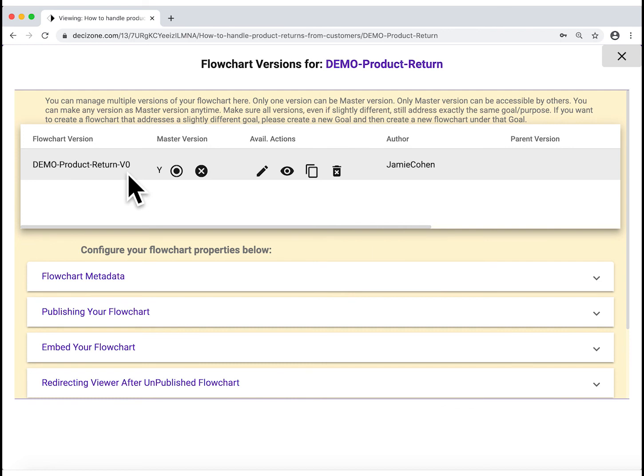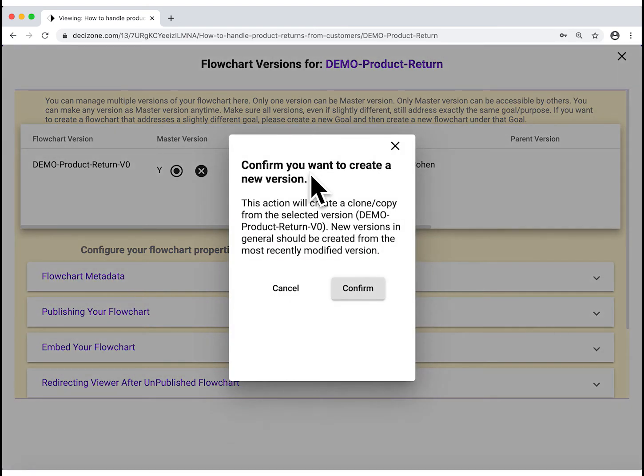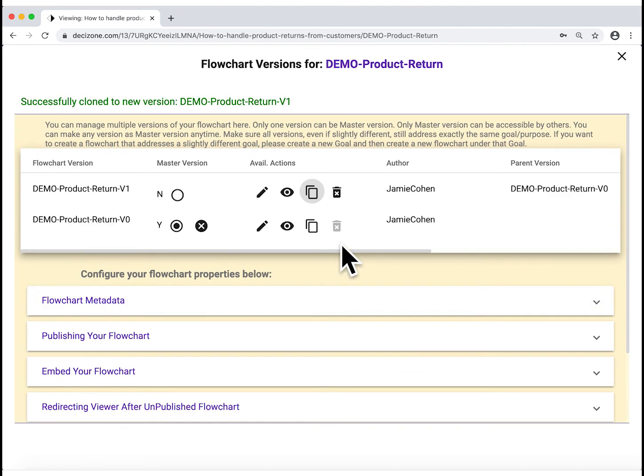When a flowchart is first created, it is considered version 0. You can keep modifying version 0 as needed. You can also clone an existing version to create a new version. So it's quite possible to end up with multiple versions of the same flowchart. It is important to understand that versioning a flowchart is not the same thing as making copies of that flowchart. You can have multiple versions behind any flowchart, but only one version is exposed for each flowchart, and only the users with edit privileges for the flowchart have access to the other versions.